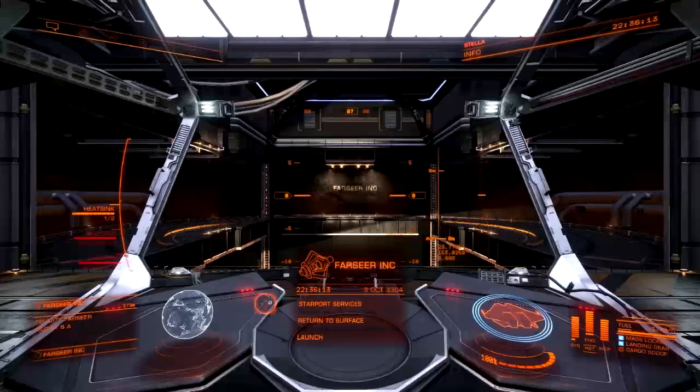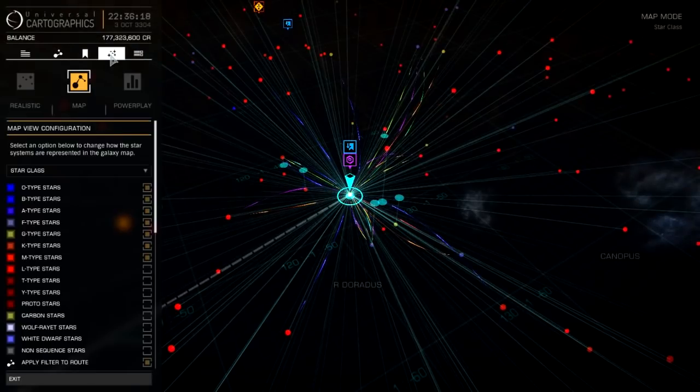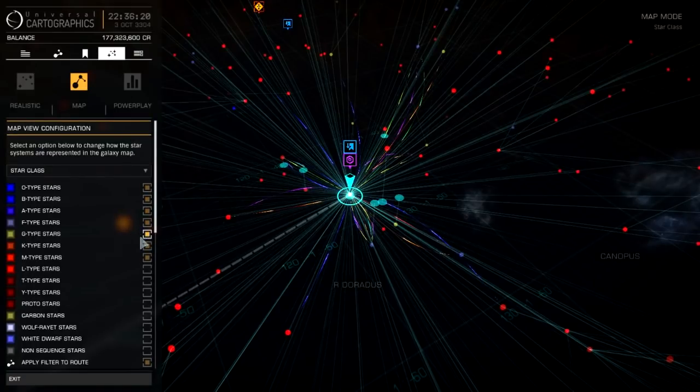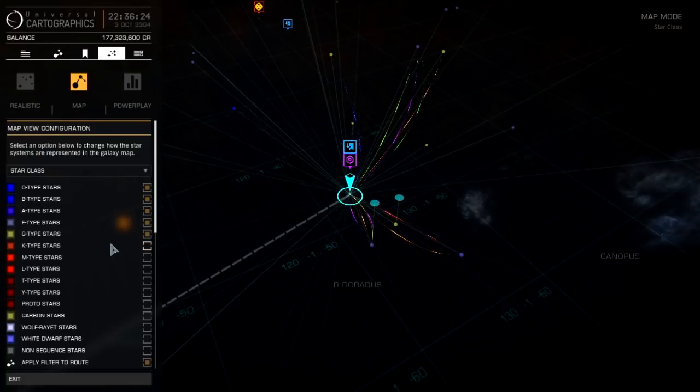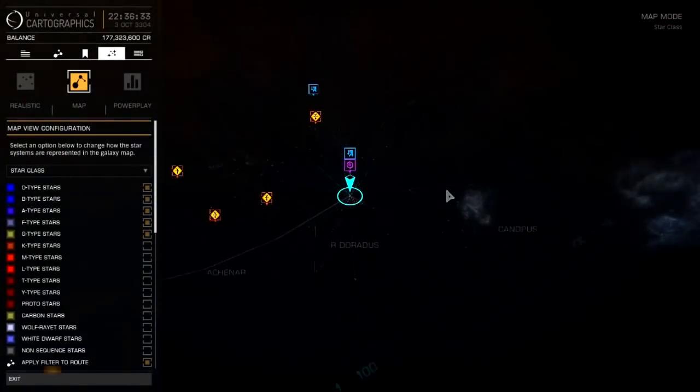Alright, and for that trip, let's see, I am going to disable the use of M-type and L-type stars. I will include O through G, and